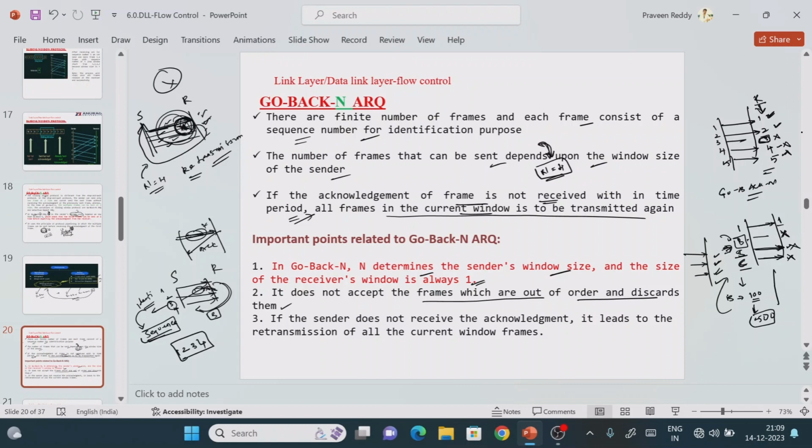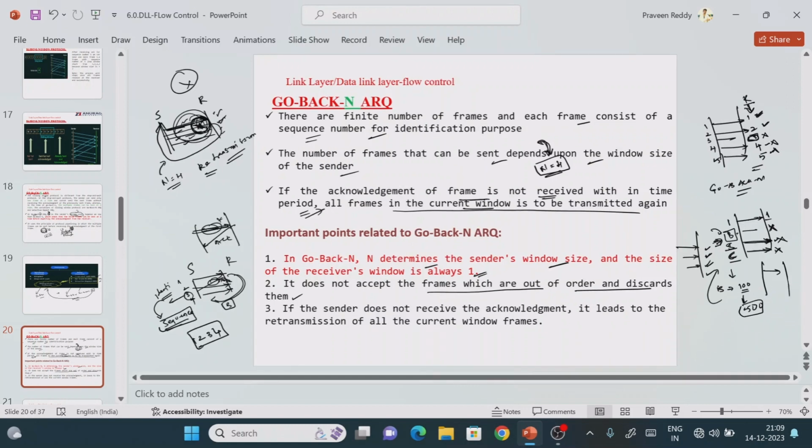Now what does that waiter have to do? First he has to bring the biryani, later the sambar rice, later the curd rice. So it means that it will process the frames in order. If something is missing, even though the remaining frames are transmitted successfully, it will not accept them in the case of the Go-Back-N ARQ protocol. Now in this case, where is the frame lost? 3, right? Which ones were successfully received? 4 and 5, right? It will not accept 4 and 5 also.